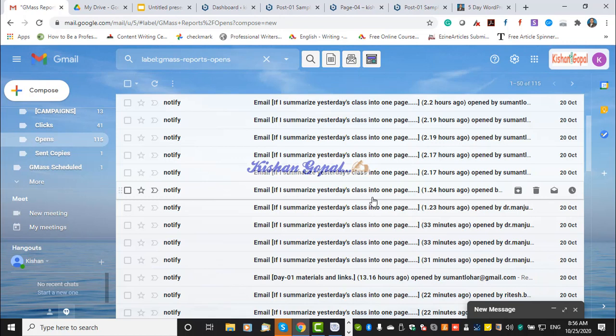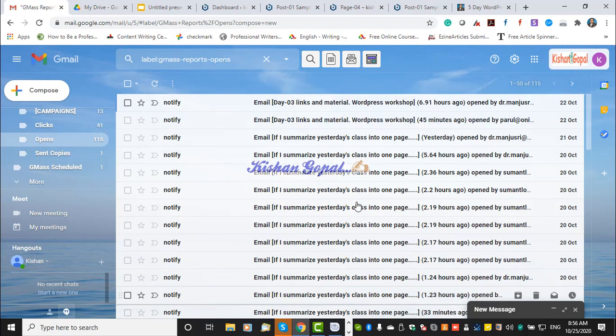If you check that email in your inbox, it appears as if I sent it as an individual email. That is the advantage of GMass, and I can be notified whoever has opened my email, so I can schedule the next email by looking at who has opened it.